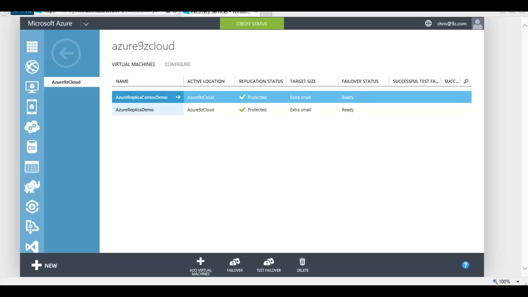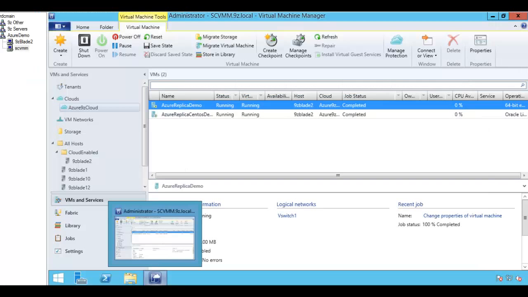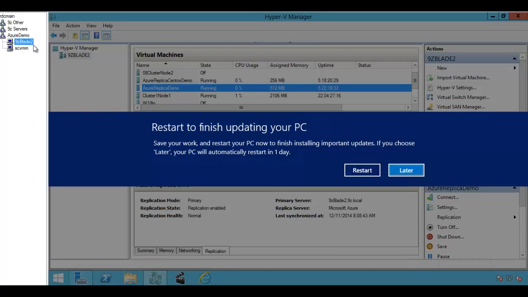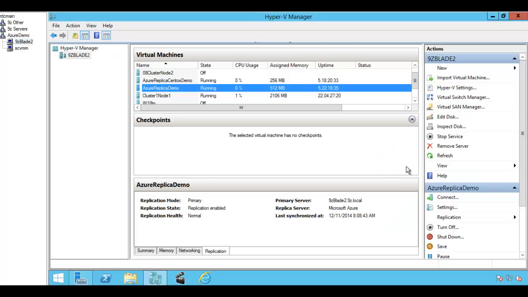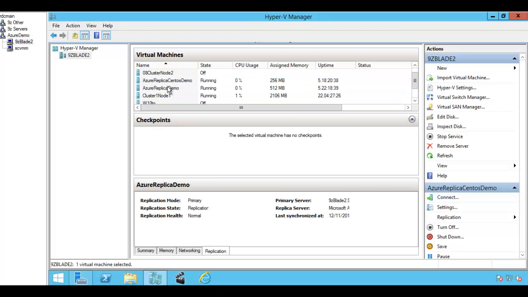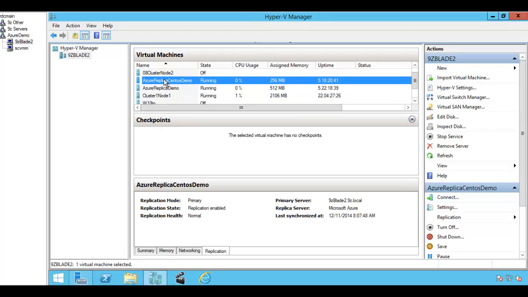Okay, and now all of the jobs have completed. We have 2 protected virtual machines, so it's probably a good time to kind of step back and look at all the pieces to this puzzle so that we don't get confused about where we are or what we're doing. So I'm going to switch back over here. Let's start with this blade. The blade obviously is our hypervisor. This is the HyperV server that has our 2 VMs on it, just like anything that you would normally do,